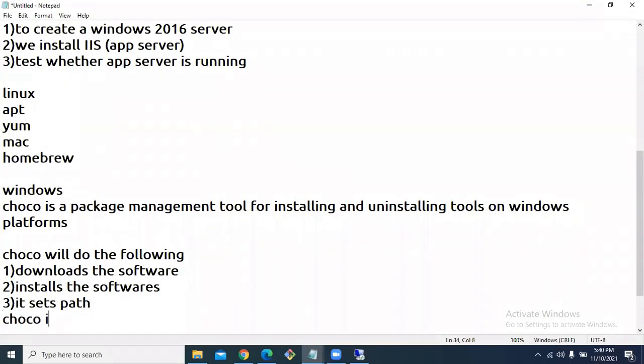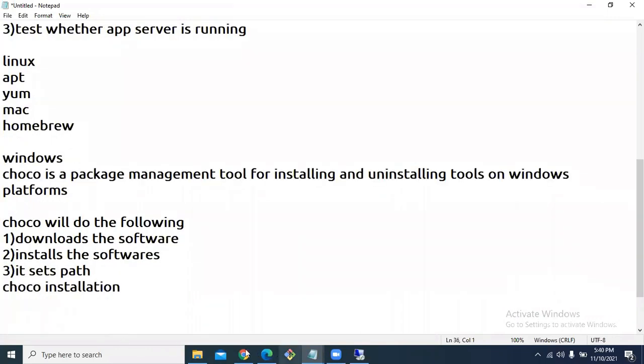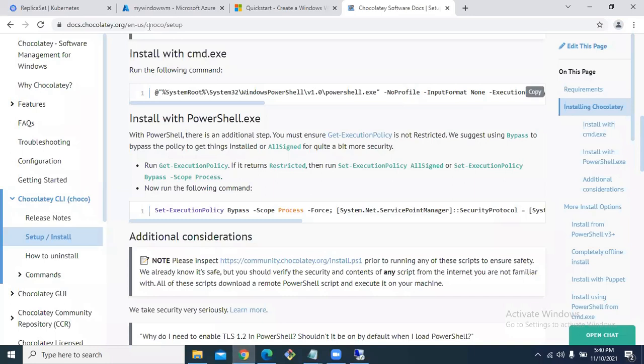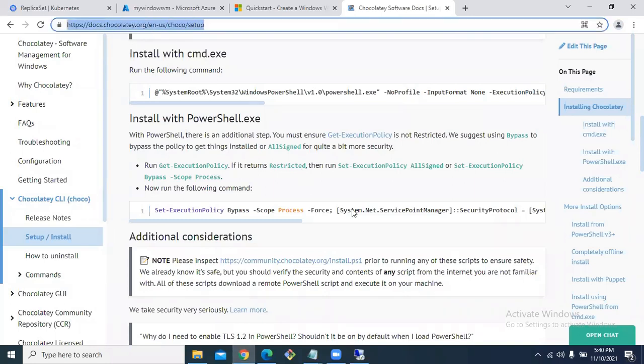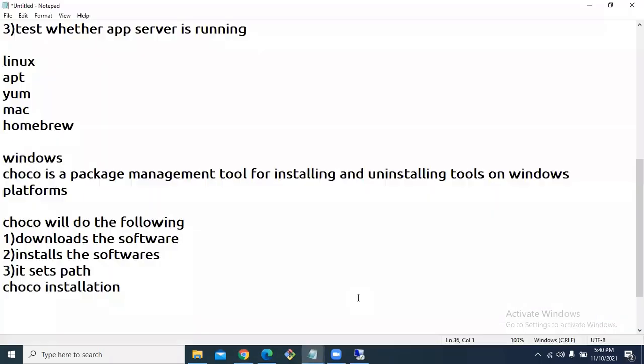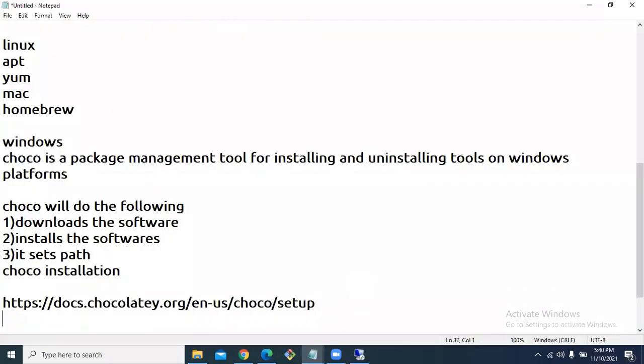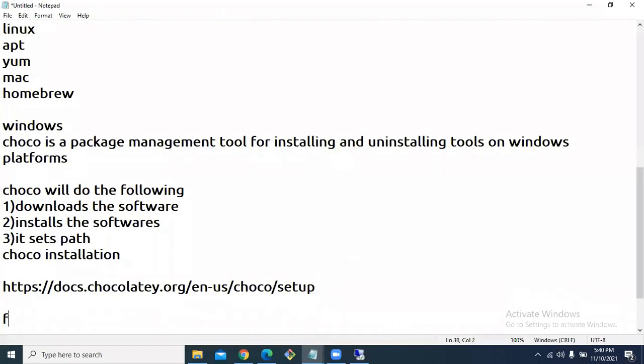Chocolatey installation. What is the site name? This is a URL. From PowerShell admin mode, execute the following.